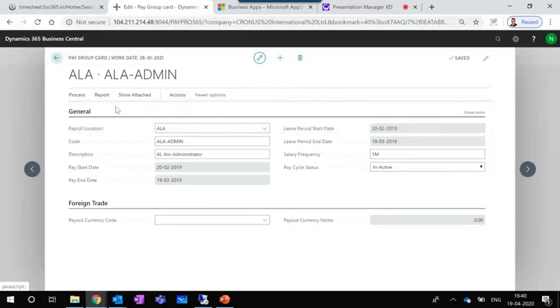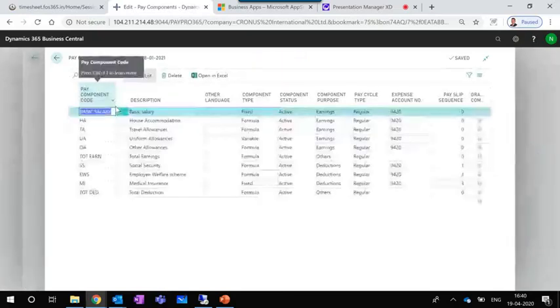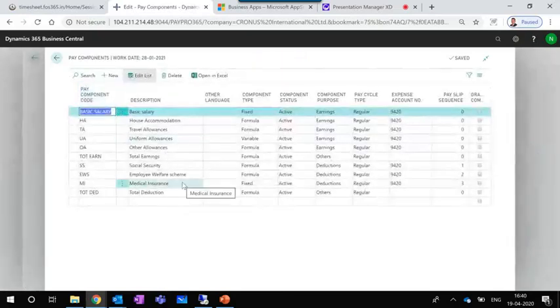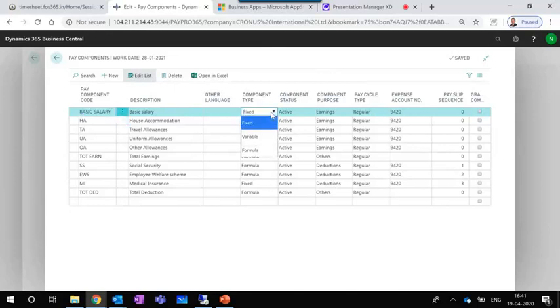So basically, of course, you'll be able to define multiple pay components, whether it's a fixed component, variable components, or formula-based calculations. For example, for this particular pay group, these are the various pay components defined at the master level. So here it's a fixed component.